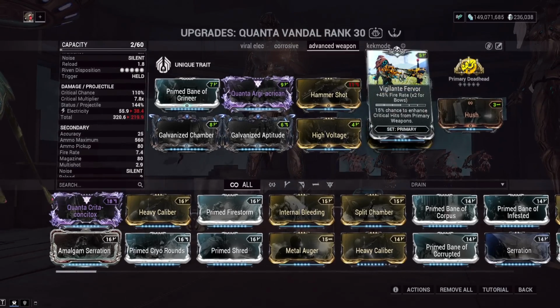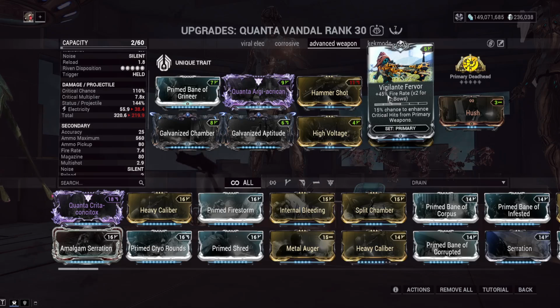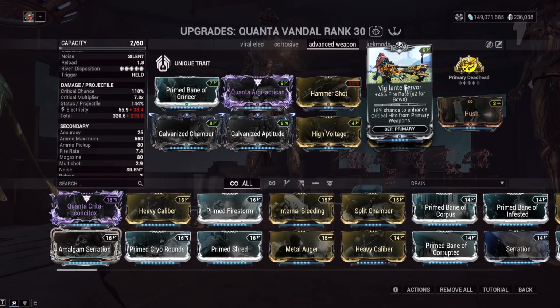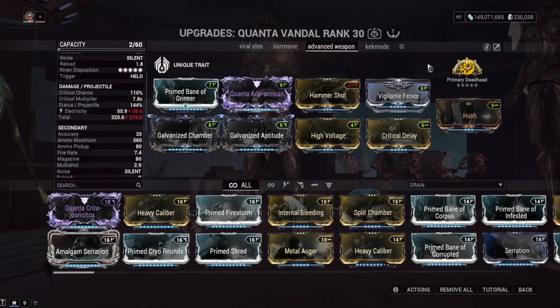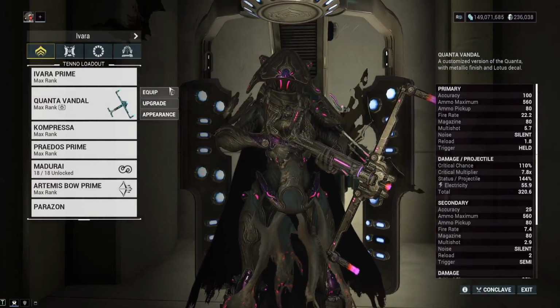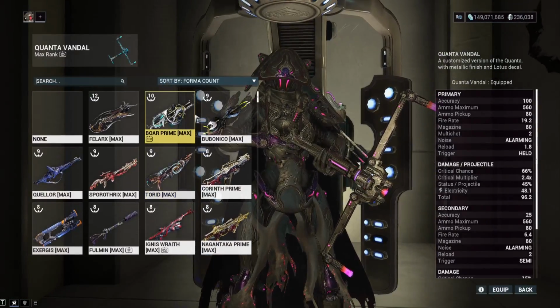The rest of the stuff is just to add in on that electric proc. Vigilante Fervor, just to make it where you've got more fire rate, and Ivara is in the picture. How could you not put the mod with Ivara in the picture on the Ivara build? So yeah, the advanced weaponry of Secret Agent Ivara is the Quanta Vandal, and it is very good for electric procs. If you can think of a better weapon to use for electric procs, let me know,